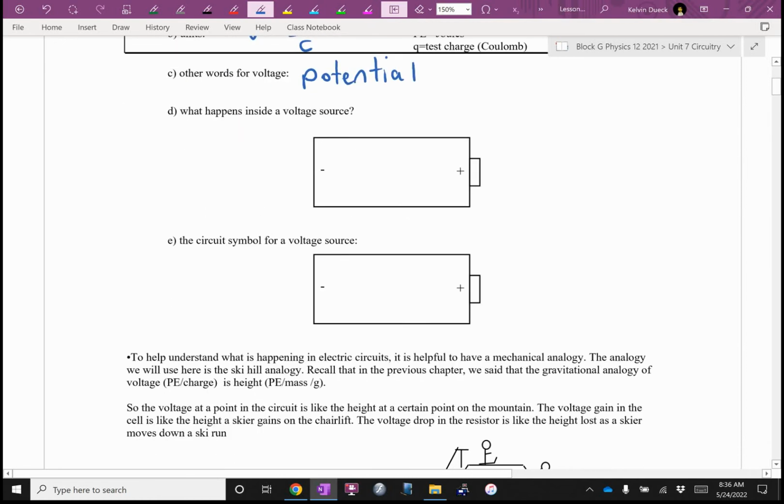So what exactly happens inside a voltage source? By the way, we're going to be looking primarily at direct current coming from batteries, but most of what I teach you, if you do go into electronics, will work for alternating current as well. It's just a little more complicated. Inside a voltage source, there is some kind of chemical reaction going on. And really what that chemical reaction is doing